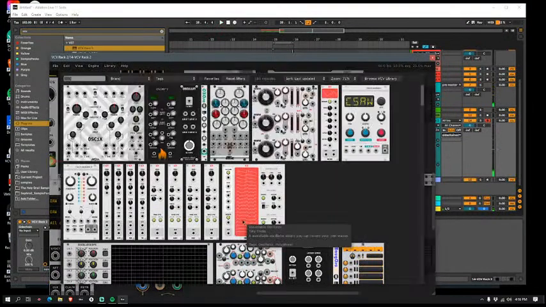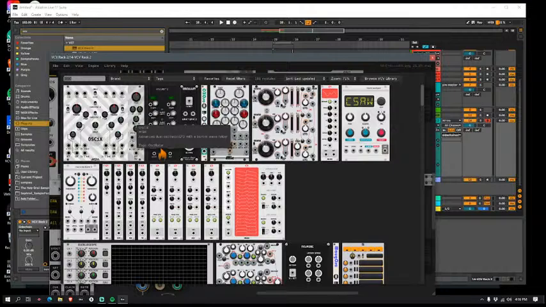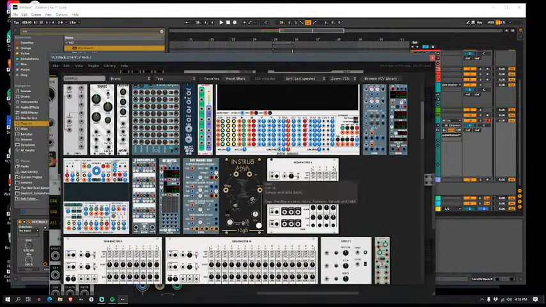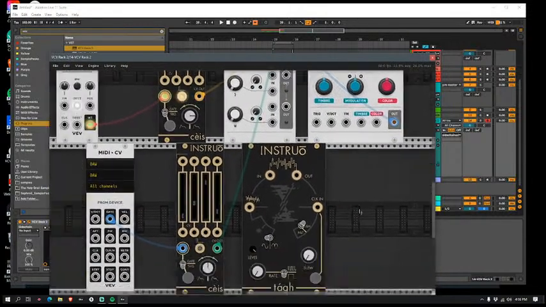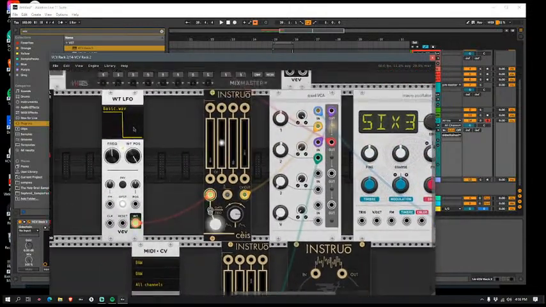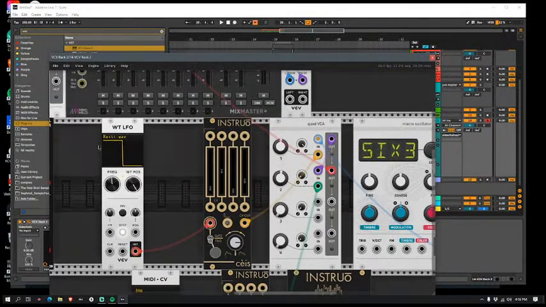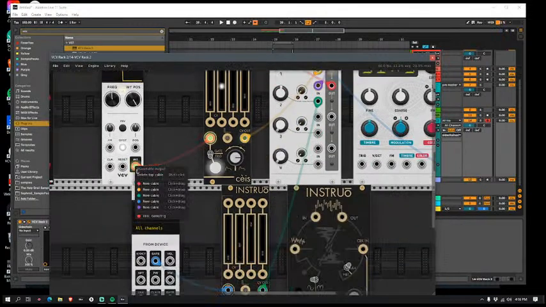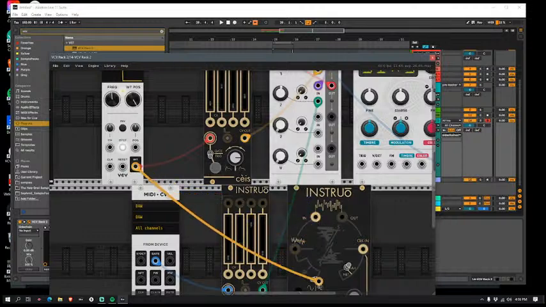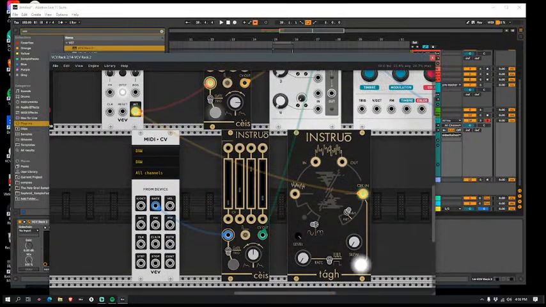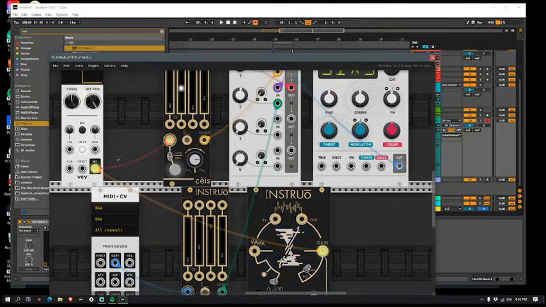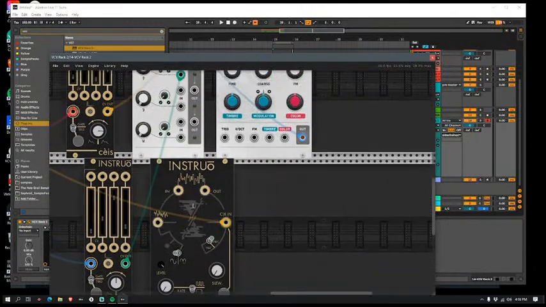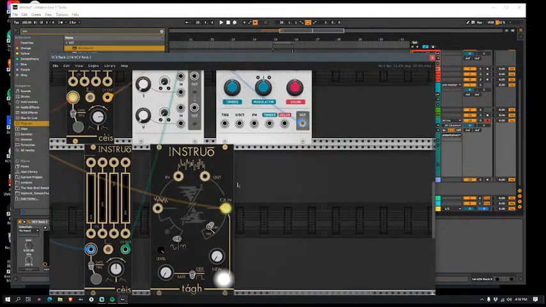And then we could have a sample and hold, you know, to kind of generate stuff from that trigger. So with our LFO here, our wavetable LFO, which is like our clock because it's doing square wave, we could take a cable and go into the clock input here on our sample and hold, and now every time that clock hits, it'll trigger a random value, and we could use that to maybe sequence the